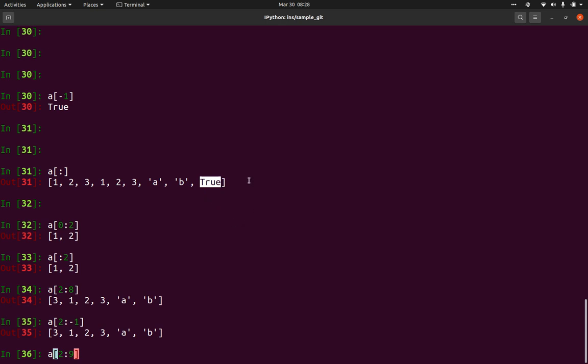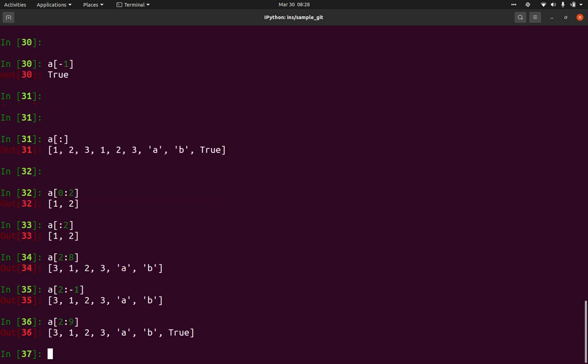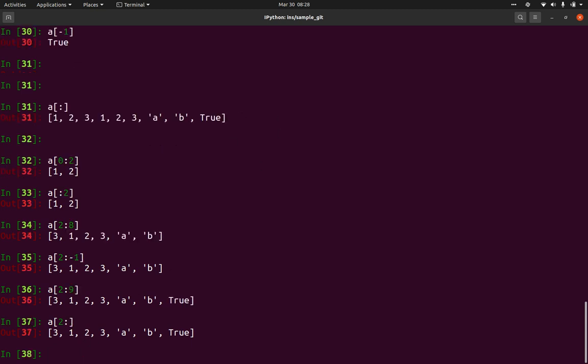Even though the next element is not there, assume that if the element were there, it would be index 9. So we will use 2 to 9, which will fetch me all the elements. Sometimes we feel confused: there are only 8 elements, how can I give 9? To avoid the confusion, we can just avoid giving that value. You can just give the colon, and by default it will take till all the elements. You can give the same value.